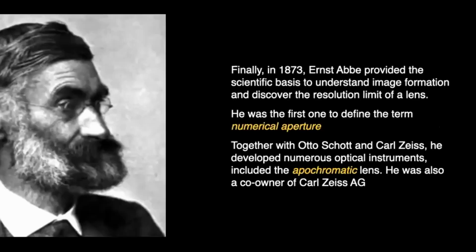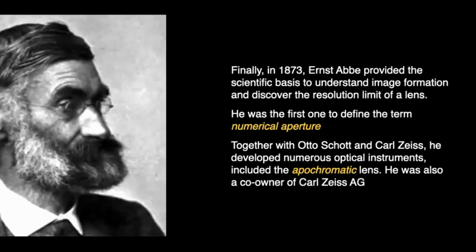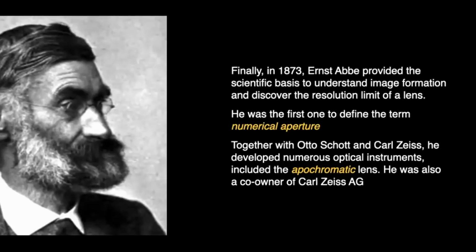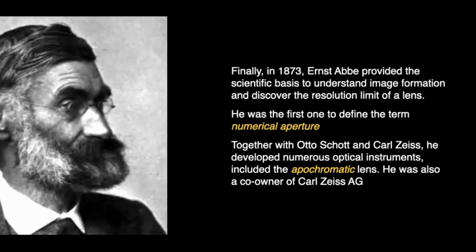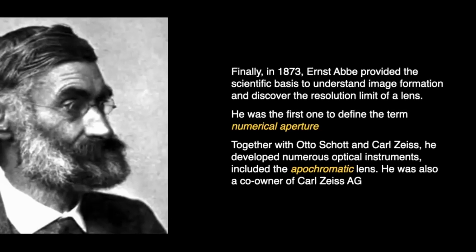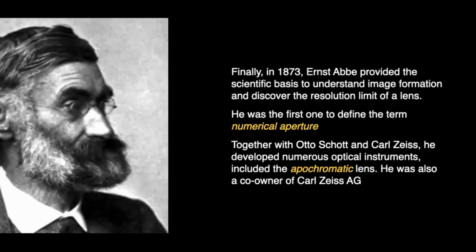Okay. And then finally, in 1873, Ernst Abbe, a German scientist, laid down the scientific basis of image formation. He really understood how images were formed, and he mathematically described for the first time the resolution limits of a lens. And he also laid the basis for making the lens grinding process not a trial-and-error process, but a mathematical, scientifically driven and reproducible process. He joined Carl Zeiss together with Otto Schott, and then together they developed numerous optical instruments, really a lot,